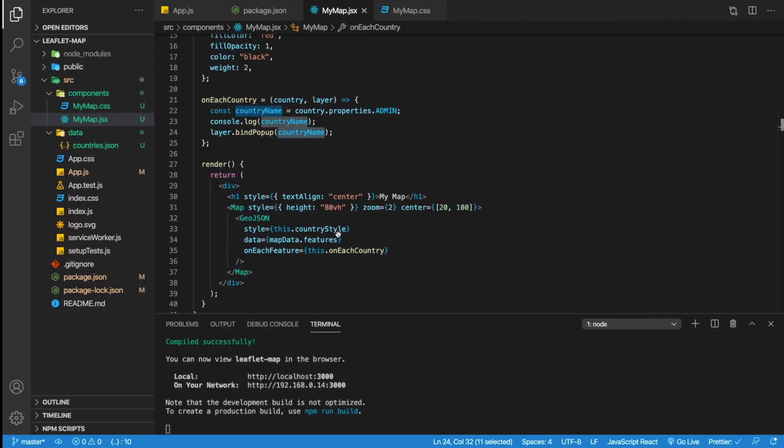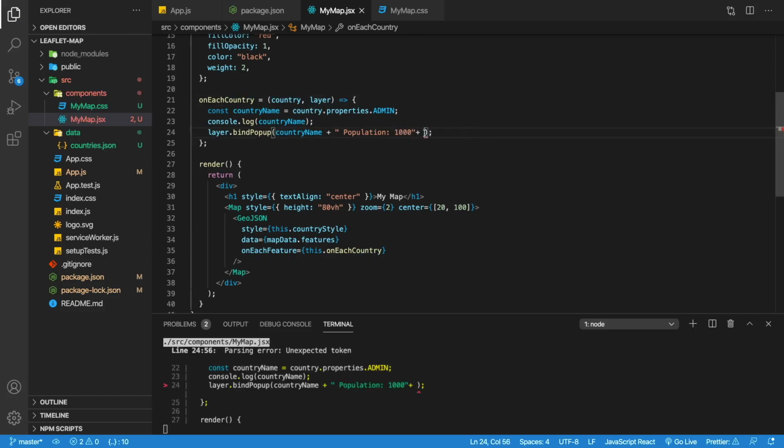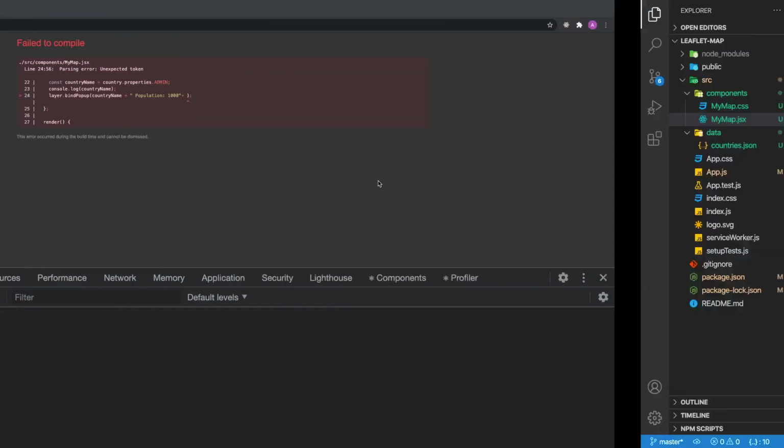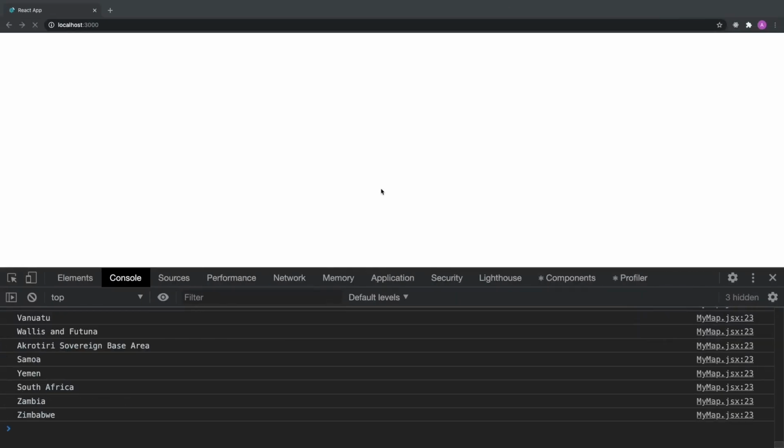So we could write anything inside there. Right now, I've just chosen to print the country name, but if we wanted to, we could say that perhaps we have some other information that we want to display over here, like the population. And then we could have another variable here that contains that information, and maybe it comes from the country. You could say country.population and then display it and do something along those lines. So it doesn't have to just be the country name, but it could be some additional information